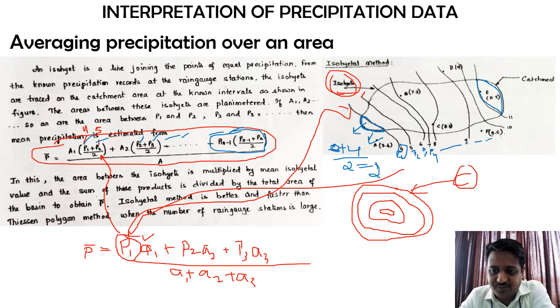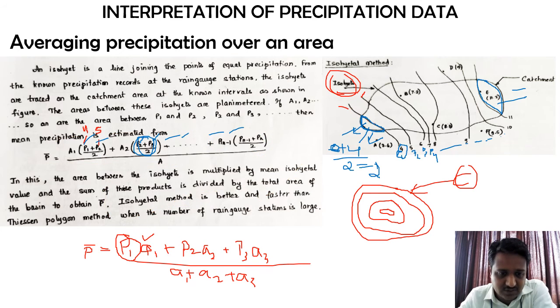So whenever you don't have two iso heights for the end cases, whether it is the starting part or the ending part, where we have only one iso height with us, this averaging becomes difficult. That's why one of the values, whether at the starting point or ending point, you can take as 0 and calculate the mean precipitation or average precipitation for that particular section. Keeping this in mind, let us proceed.